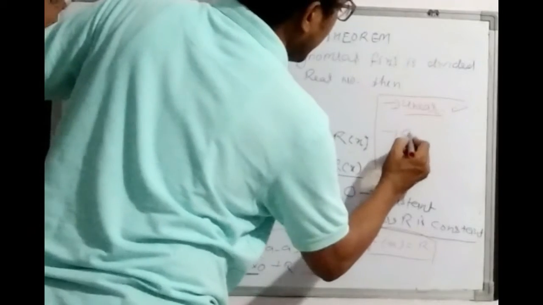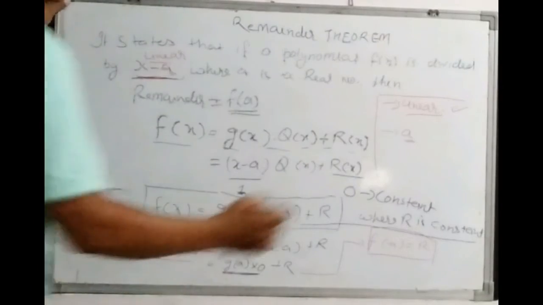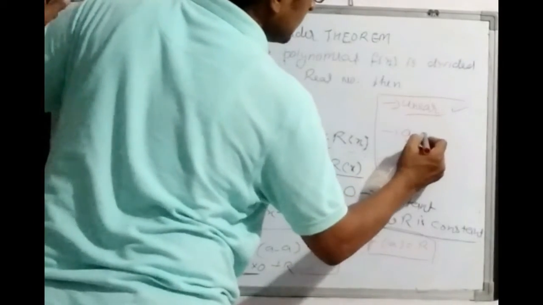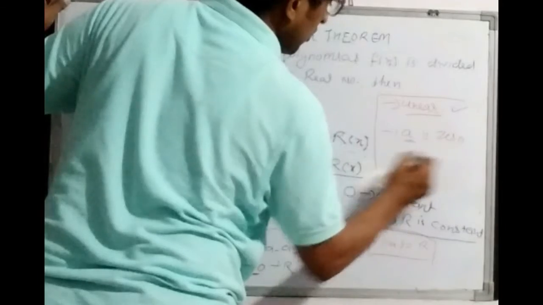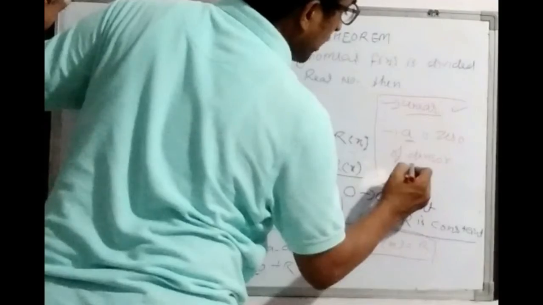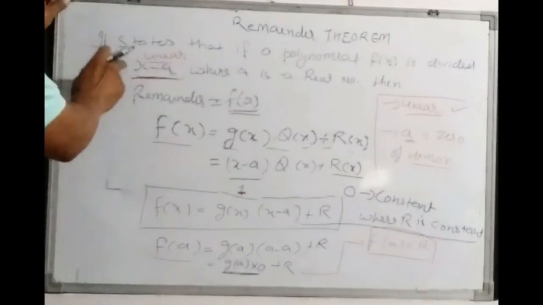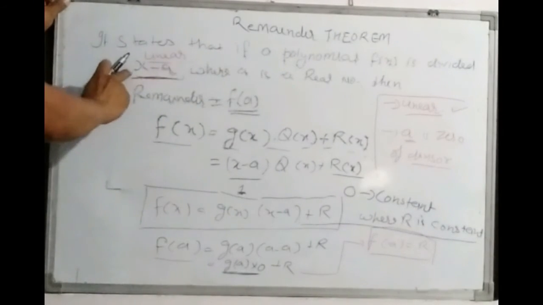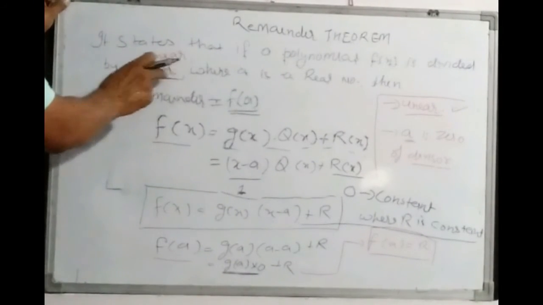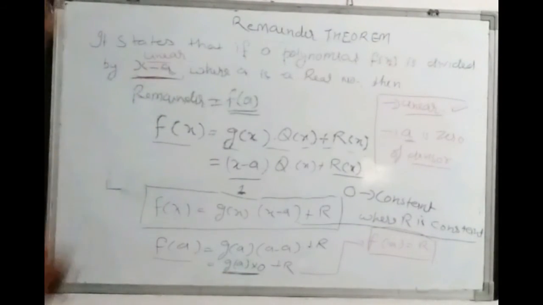सेकंड थिंग, ए क्या है? जो ए यहां पे बोल रहे हैं हम, एफ ऑफ ए जो फाइंड आउट कर रहे हैं यहां पे, हेयर ए इज 0 ऑफ डिवाइजर. डिवाइजर क्या है? x माइनस ए. वो एक पॉलिनोमियल है, उस डिवाइजर का 0 है. क्योंकि यहां एफ ऑफ ए फाइंड कर लिया, क्योंकि x का कोफिशिएंट यहां पे कितना है? 1. तो सिंपली यू विल गेट f of this polynomial is equal to a. बट इफ दिस इज नॉट 1, कोफिशिएंट ऑफ x इज नॉट 1, लेट्स टेक एन एग्जांपल.